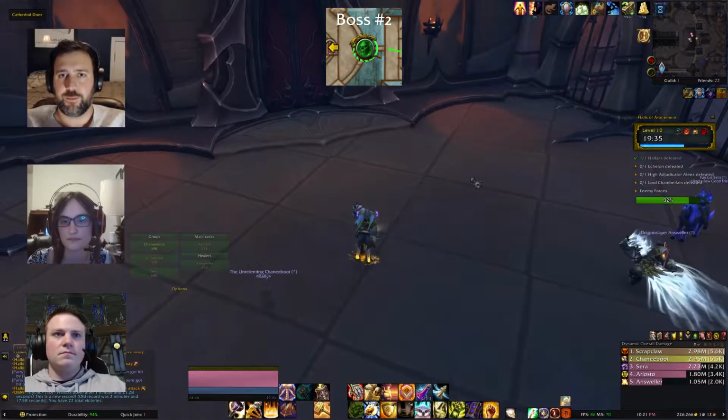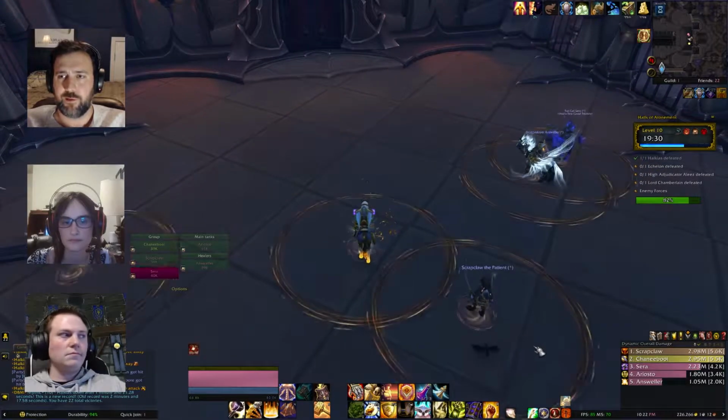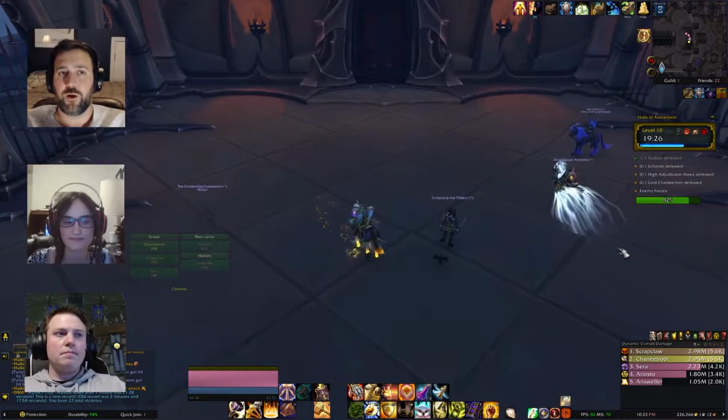Before we pull it, he's going to jump out of this doorway right here. Kind of a tank and spank for a little bit. He'll put little blood pools on the ground. Not so much a big deal, except for melee, which, again, we're all melee today. What the real part of the fight is that...